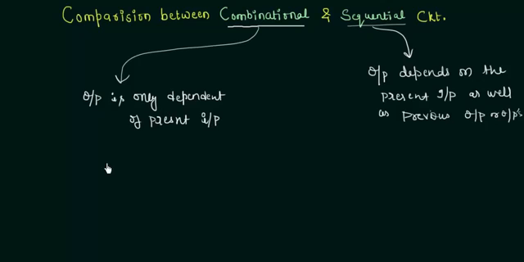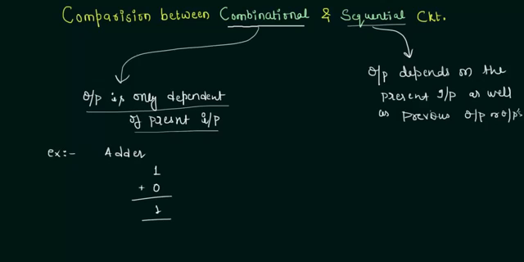So let's move to one of the examples in the combinational circuit, and it is the adder. The adder is a combinational circuit, and after this lecture we will start our half adder and full adders. In an adder it is very simple. Let's say you are adding a single bit, adding 1 with 0, then what are you going to get? You are going to get 1. Okay, so is there any use of the previous output in this adder? Definitely not. There is no need of the previous output in this particular addition. So it is satisfying our condition that the output is only dependent on the present input.